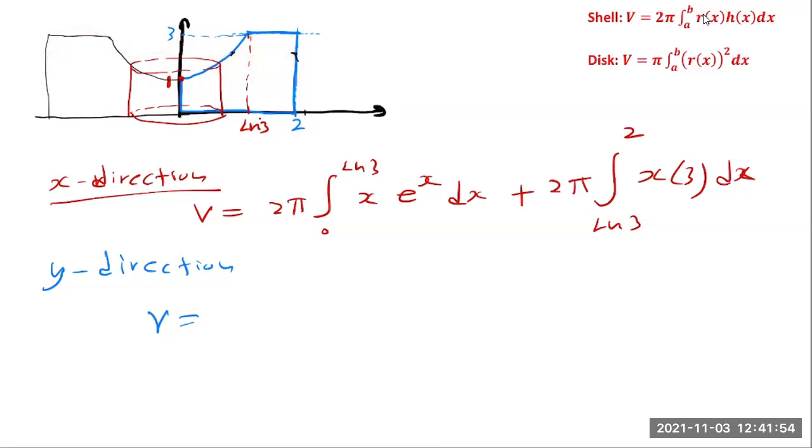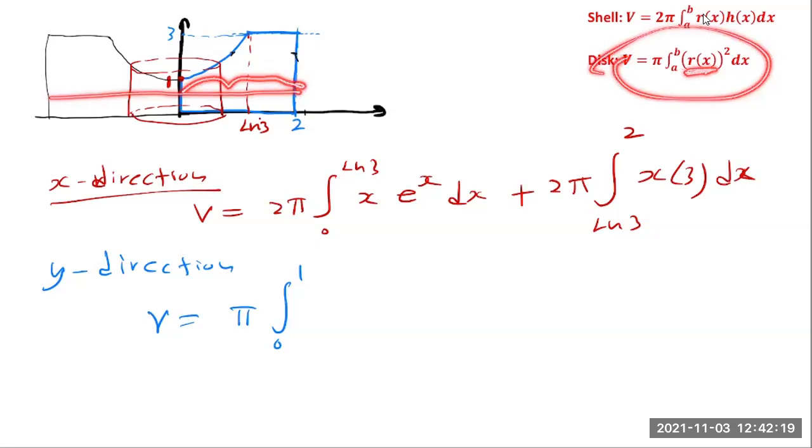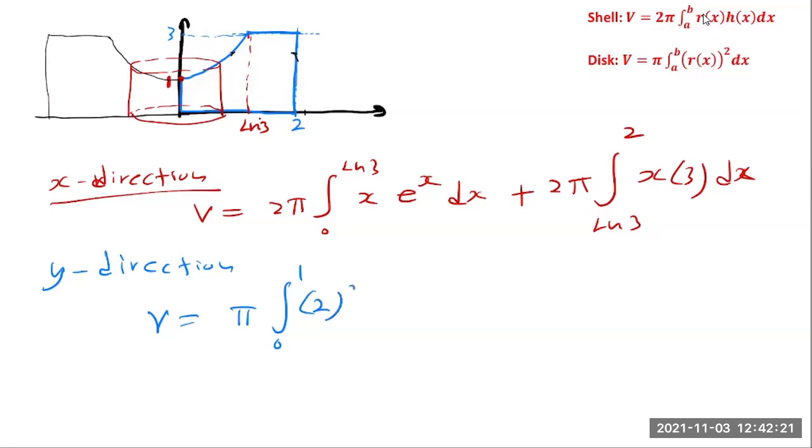So this will be equal to pi times first the disk method integration from 0 to 1. I'm going from here to here in the y direction. The radius of the disk is 2. That's constant. If you take a cross section here, the radius of the disk is 2, so R is 2. So I have 2 squared dy. First integration. Second integration is pi times